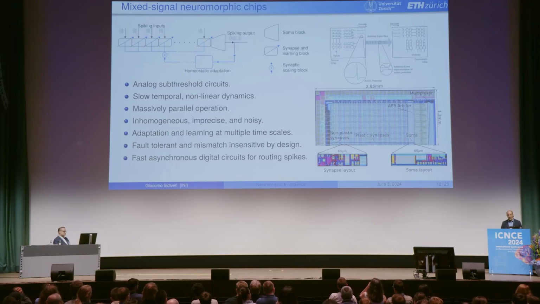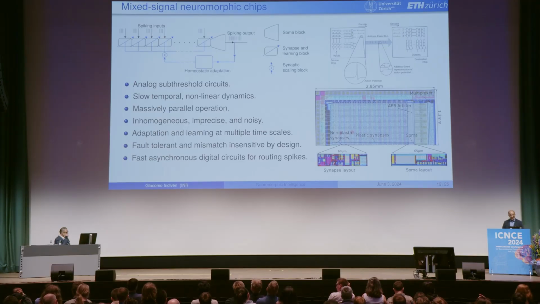But they are analog, and the subthreshold transistors are particularly sensitive to device mismatch, so there is a huge amount of variability. And again, you can think of this as a bug, and engineers would like to somehow suppress this, or you could try to use it as a feature and exploit it. And I will show you how it's possible to exploit it. And this applies also to memristive devices, by the way. One way to try to compensate for this variability is to use adaptation and learning. I'll show you also those examples from the community, from many, many groups.